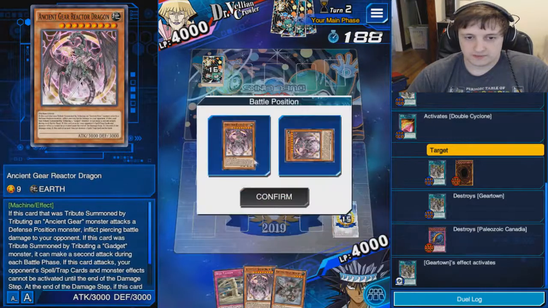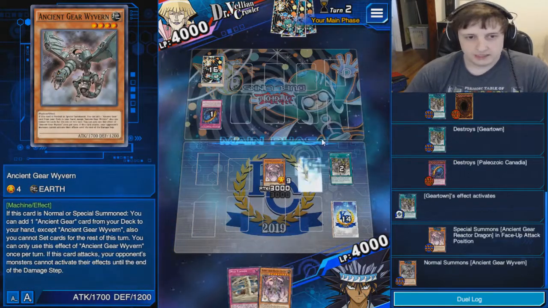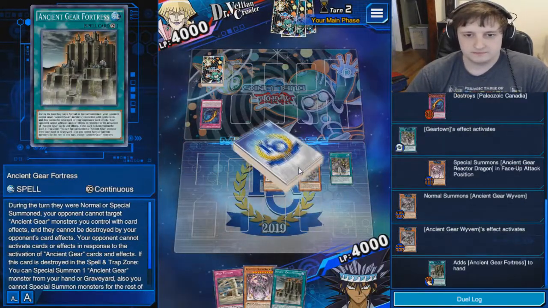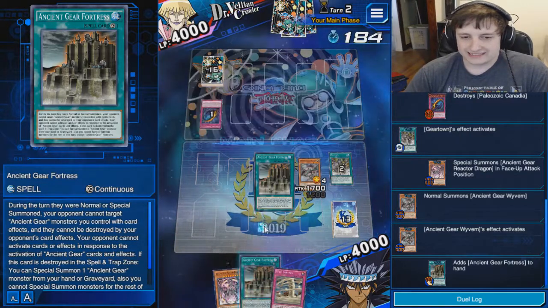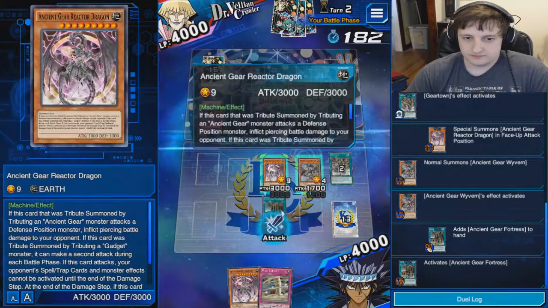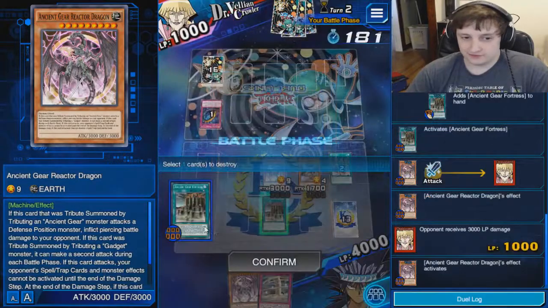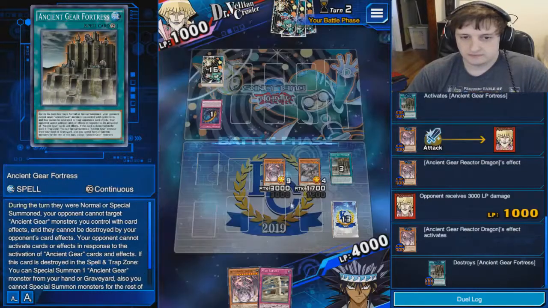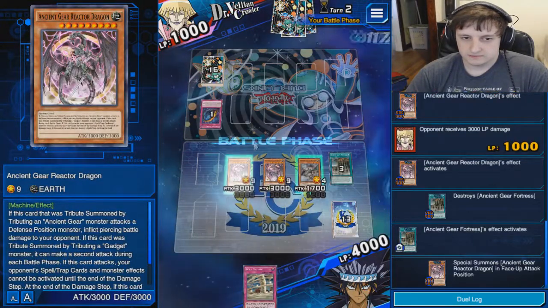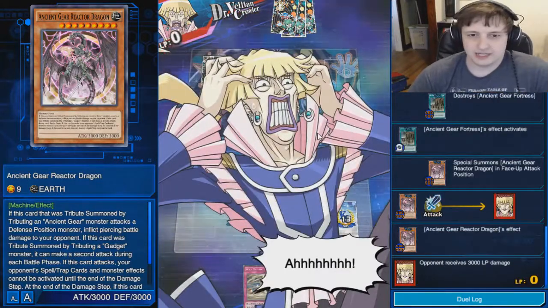I am going to special summon my Reactor Dragon. So, Wyvern effect activate, and we're going to get our Fortress to the hand. But the fact that he did not... He tried to play it too safe. He tried to play it a little too safe, and it cost him the game. But we'll look at his deck after everything's said and done, and see what kind of deck he was playing. I want to know, because